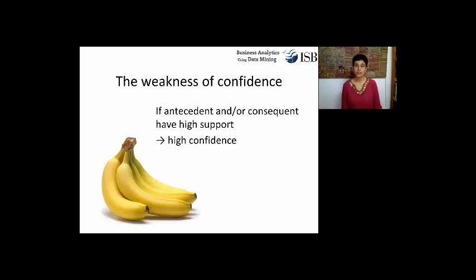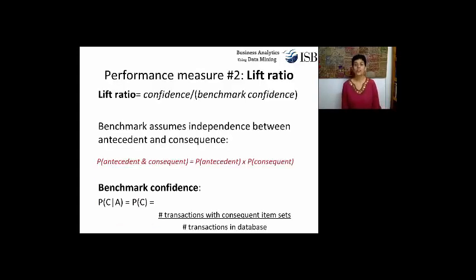For that reason, there's another performance metric called the lift ratio, not to be confused with lift, which we talked about in the context of classifiers. The lift ratio looks at the confidence after dividing it by some kind of a benchmark confidence. And in particular, what this benchmark says is, let's assume that these items are completely independent. And we'll try and see how much better we're doing with our rule relative to the case where these items